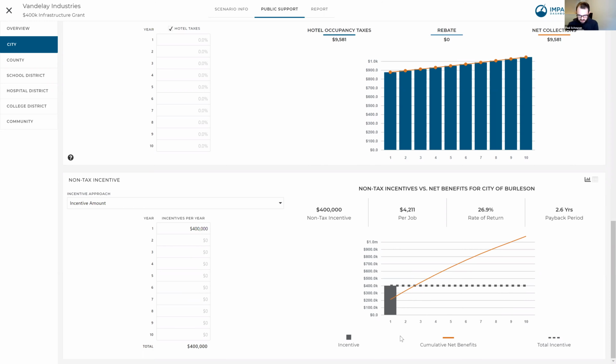So the way we look at this is a $400,000 incentive. We're going to treat that as an investment in the project. And so in our case, that $400,000 is getting paid out in year one. And now the return on this investment is going to be reflected by the net benefits that the project will generate for the city over the time period. So in this case, if we remember, it was about $1 million of net benefits over 10 years for the city. And so we're comparing this orange line, this stream of net benefits that the city will receive, to this initial investment of